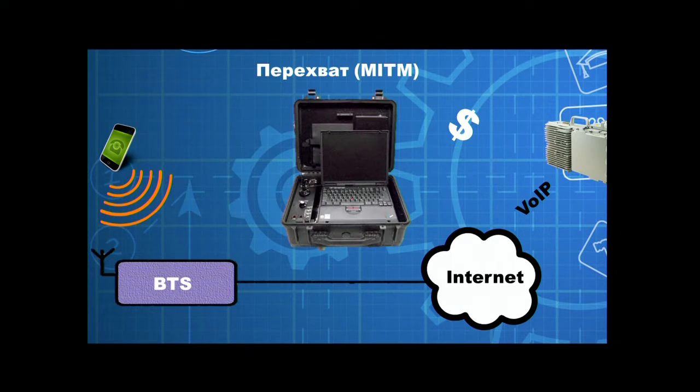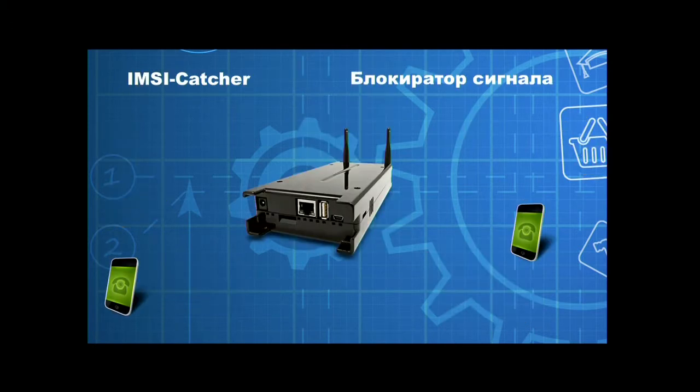This option has some limitations. It's a case of one-side connection through this IP. Using VoIP, the subscriber can make a call only. In the second option, using this vulnerability,